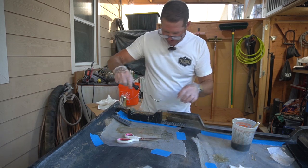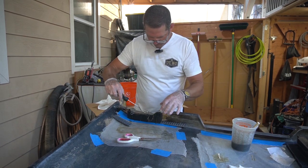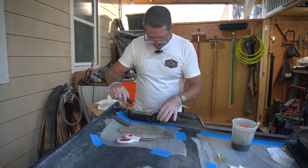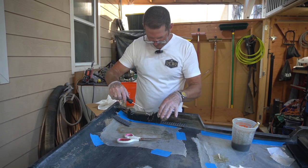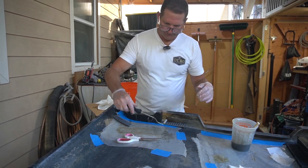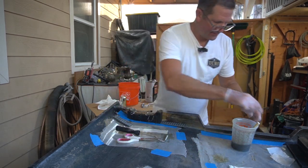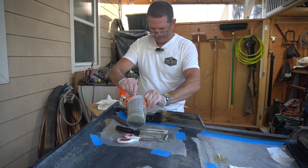Hopefully this feathered edge is going to work out for me. I've got that other mold to kind of help push it down. I do expect excess resin to kind of squeeze out. Maybe that's going to make a mess, but